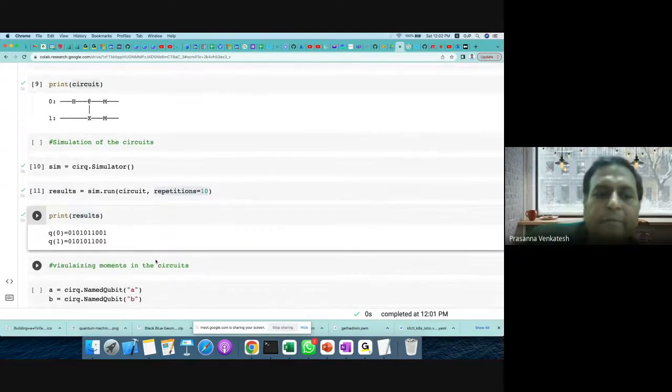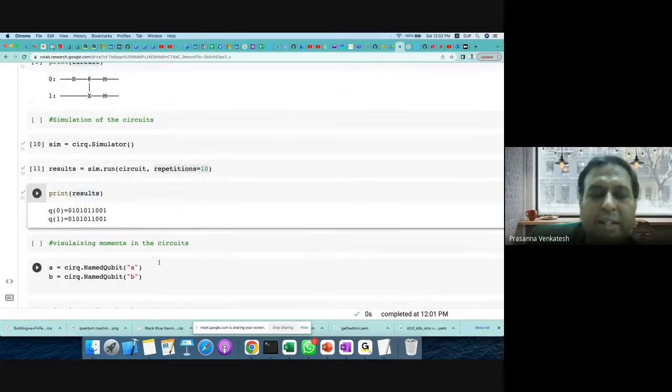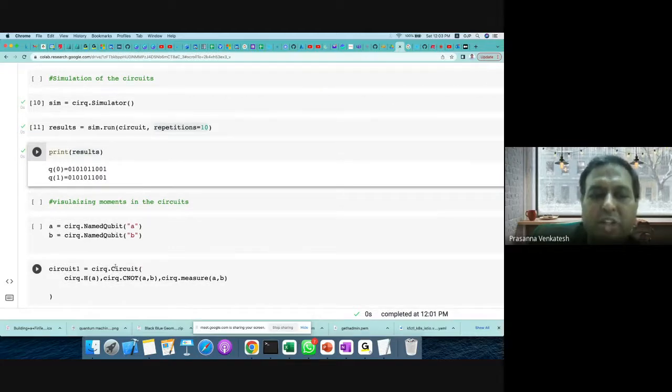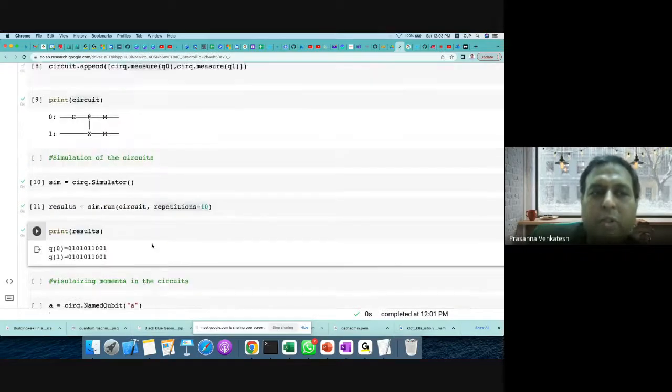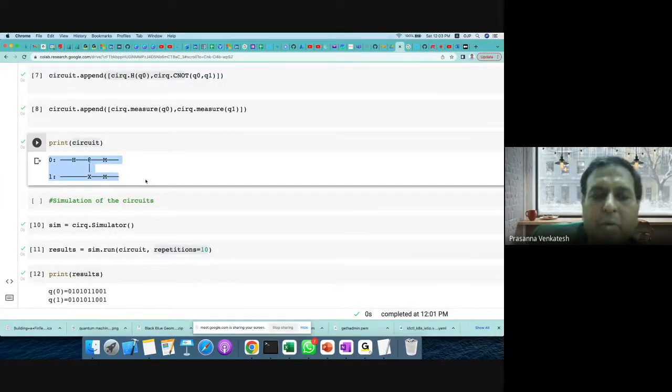Okay. Now let's look at some of the other details. I need to understand what happens typically as a developer. You want to debug what is happening, how these particular steps are happening there. You want to see the steps, right? So we will see that shortly. Before that, this is the actual circuit that you have created. I wanted to modify the circuit. I wanted to add some more operations in the circuit.